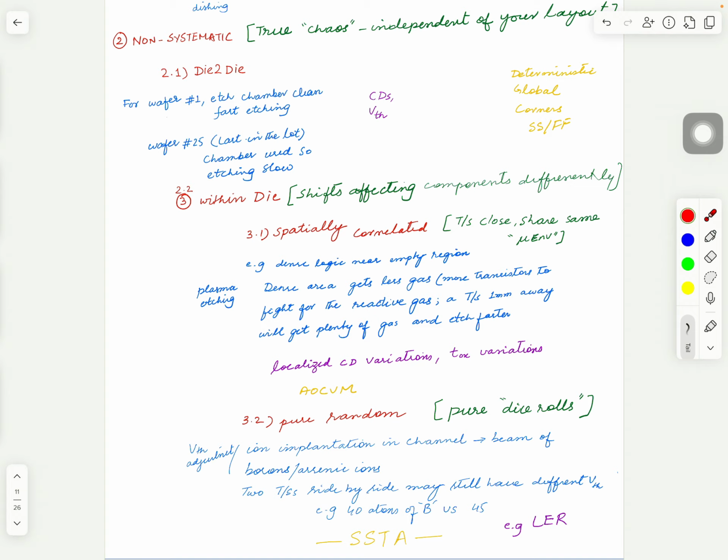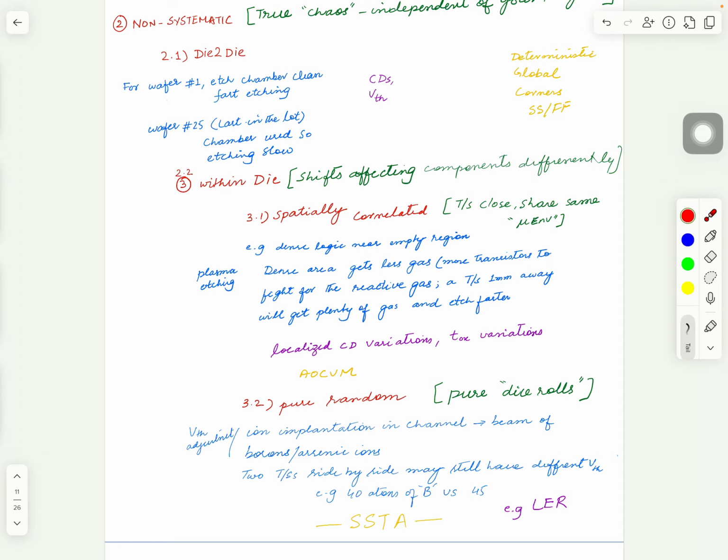While you have an area 1 millimeter away where you don't have that many transistors, it has plenty of supply there. So in one area you have a shortage because a lot of devices need that, and in another one you have plenty. So the two will have a slightly different variation, and that is called neighborhood variations or localized variations. It's within the die, the same type of device, exactly same width, exactly same length, same oxide thickness, but the two turn out different once we have chips manufactured.